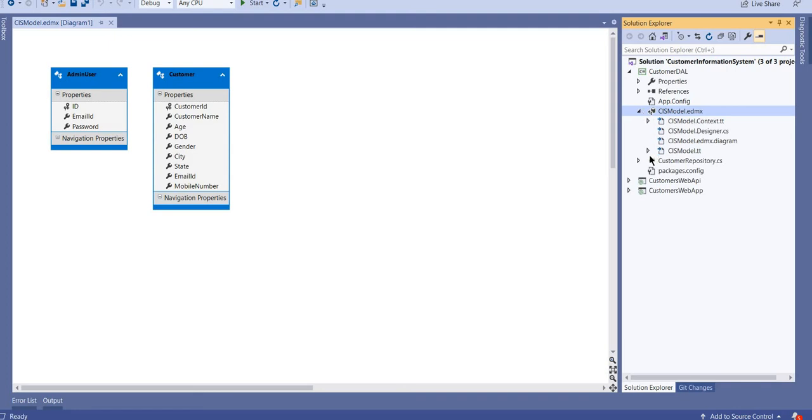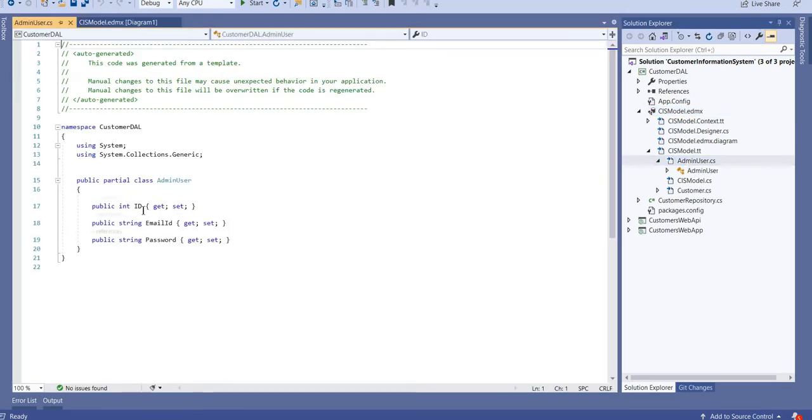Okay, so if we see here, it created a class file which is, you can say, the object model of your tables. So I have the admin user table, it created admin.cs. Whatever columns I have in that table, the same thing it created here as properties.